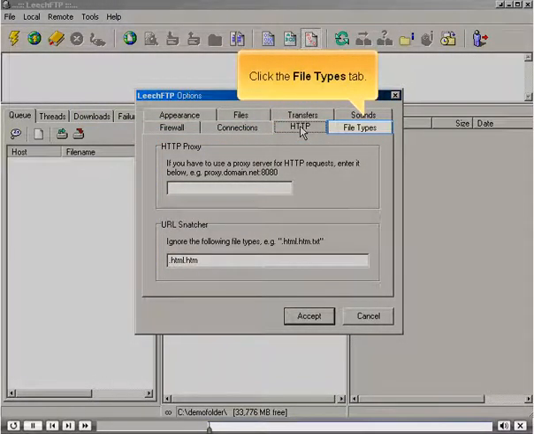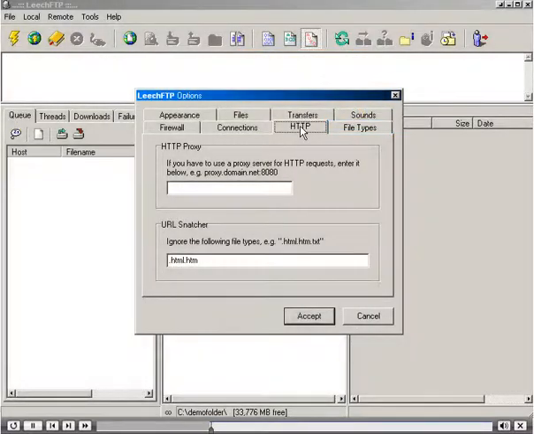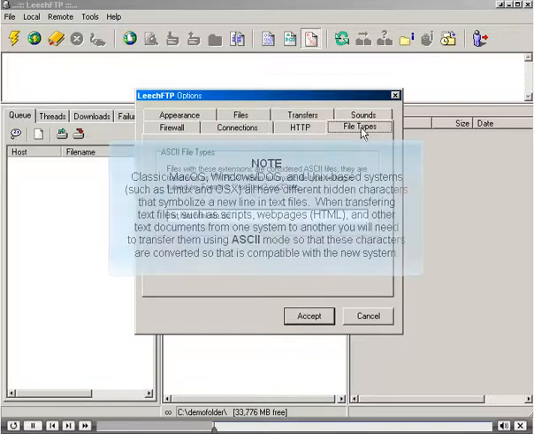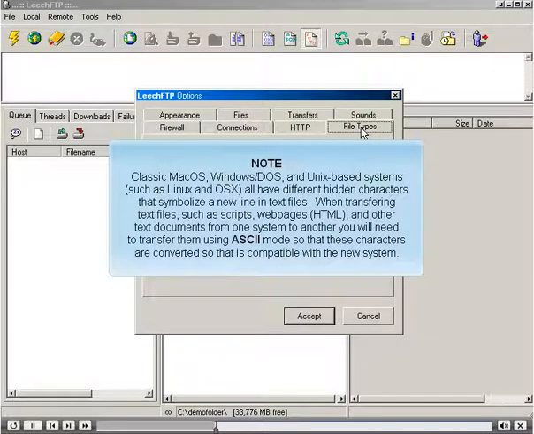Click the File Types tab. Classic Mac OS, Windows DOS, and Unix-based systems, such as Linux and OS X, all have different hidden characters that symbolize a new line in text files. When transferring text files, such as scripts, web pages, HTML, and other text documents from one system to another, you will need to transfer them using ASCII mode so that these characters are converted